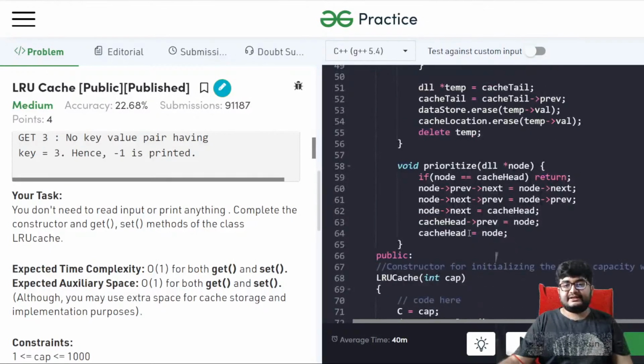Let's see, is there anything? Cache head equals node, we are just changing the priority, so we are not actually changing the node of previous, and node of previous's next, we are assigning a new value. So we are going to node of previous, and to its next we are assigning the new value node of next. Node of next of previous means the same, we'll come to the same value, but we are actually assigning here. This is an assignment operation, right? We go to node of previous, and whatever it is, its next we are assigning the value of node dot next. So what we are basically doing here is,